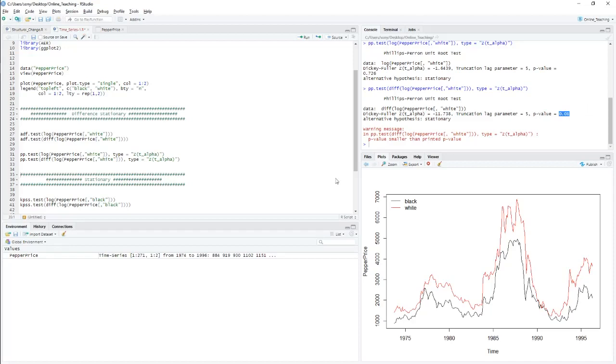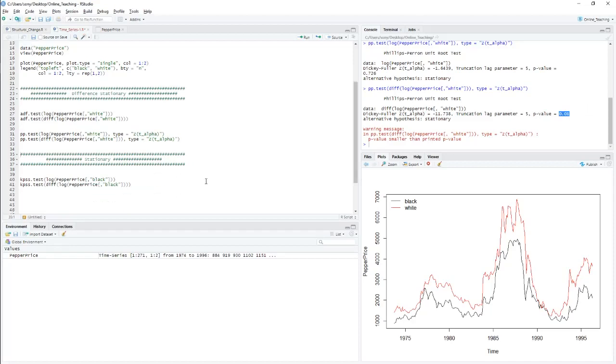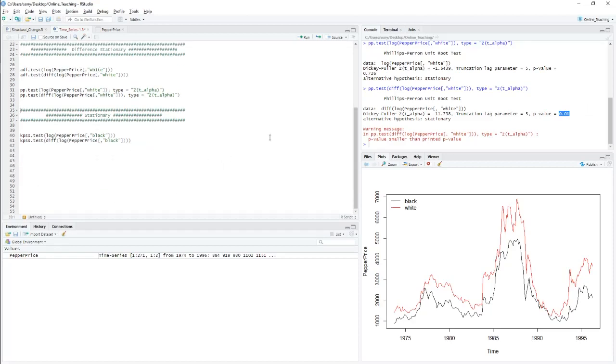After differentiating it, there is another group of tests which is called the KPSS test. There the null hypothesis is the series is stationary. All these tests are applicable to univariate time series data.